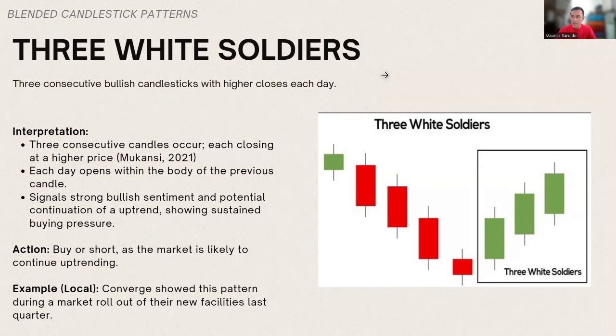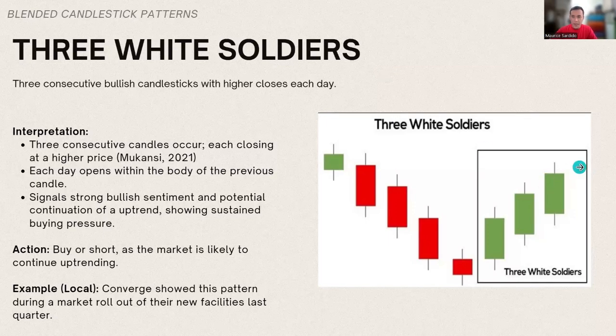Now, the candles should also have a short or no wick at all, which suggests that buyers control the market. Long wicks indicate that the opposing power is still strong, making the pattern less reliable. Like I said, this three white soldiers is the opposite of the three black crows that was discussed by Ms. Diano. Now, for action in this kind of market, you have to buy stocks as the market is likely to continue uptrending. Now, an example of this one is Carbird, which showed this pattern during the market order of their new facilities